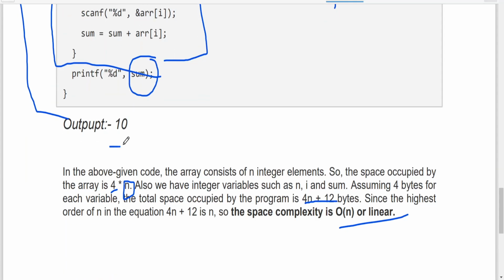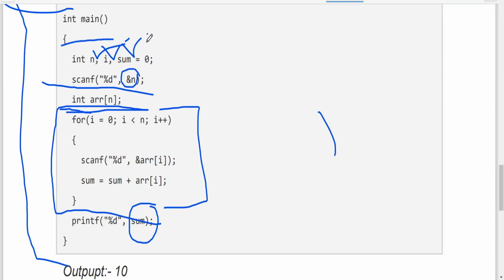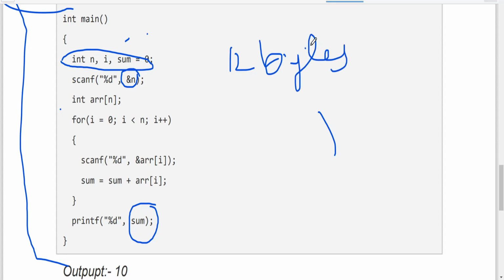Here the output is also 10, but the space complexity is different. Why? Because we have already used 3 variables here, so it will become 12 bytes. It is 12 bytes, but the array is also taking space now, and this depends on the value of n.